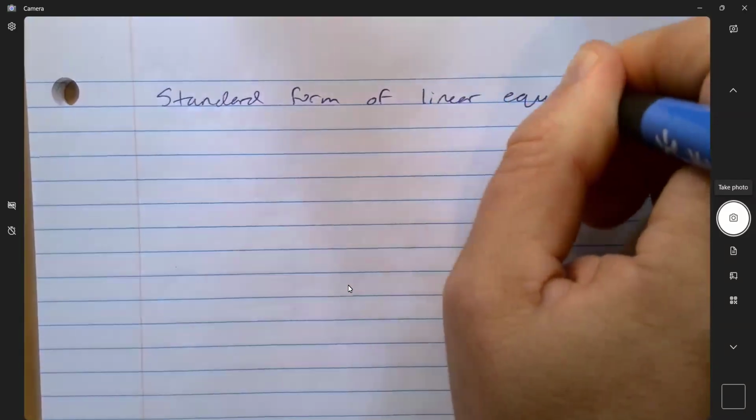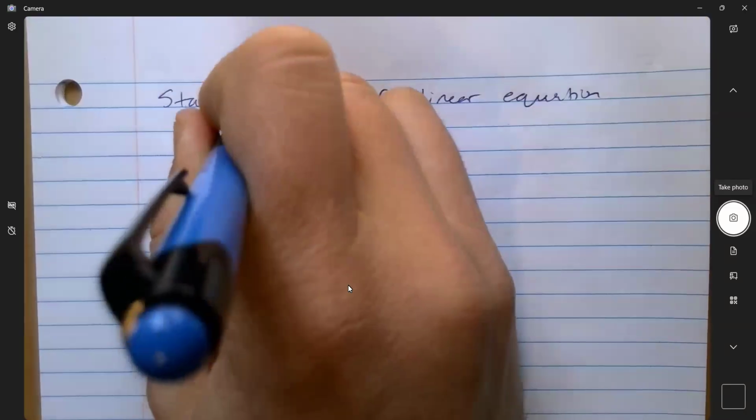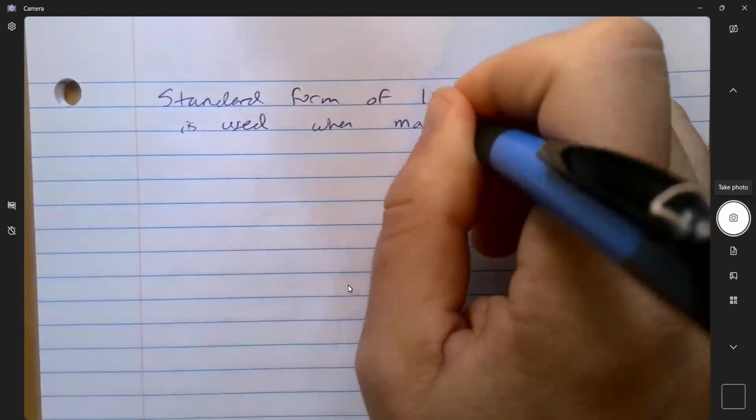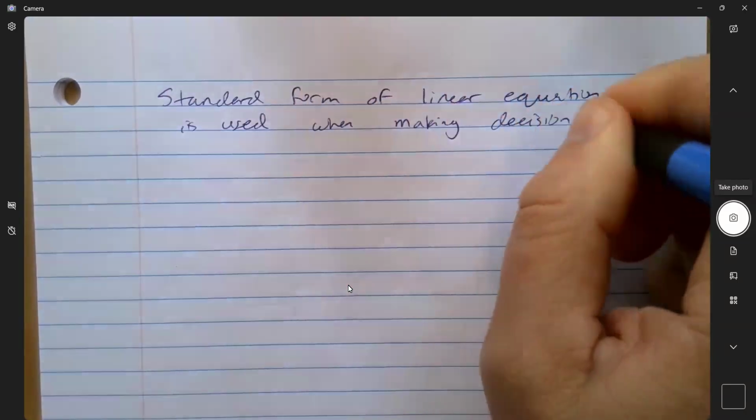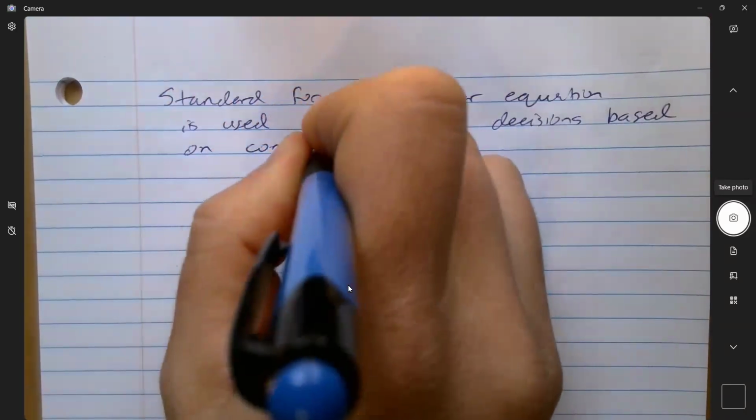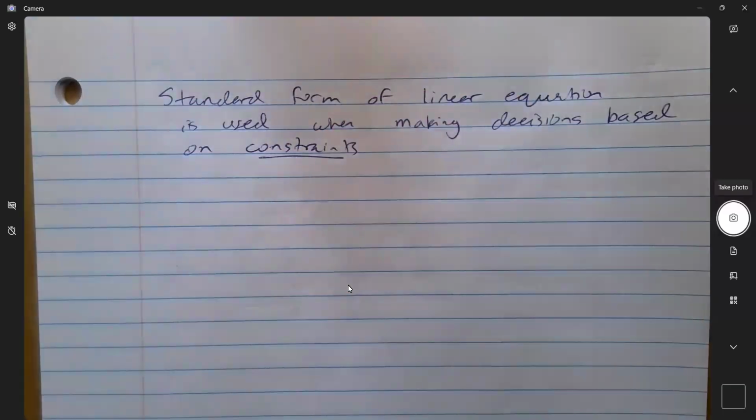However, we haven't actually done standard form yet. So the standard form of a linear equation is used when making decisions based on constraints. A constraint is some limiting factor. So for example,